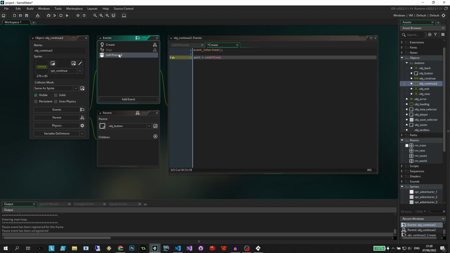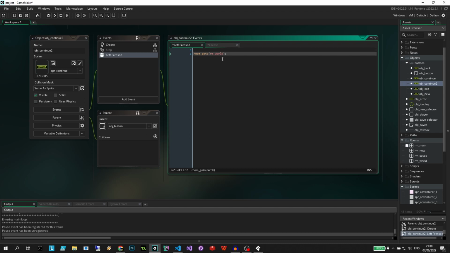Then I'm going to go into the left press. So before we had this room go to room world, because we just assumed that if you click continue to, because it was only in the saves page, you'd be resuming. But what we want to do now is, if we're going to say new game over here, to do a new game, we need to check if global dot underscore ID is equal to undefined,